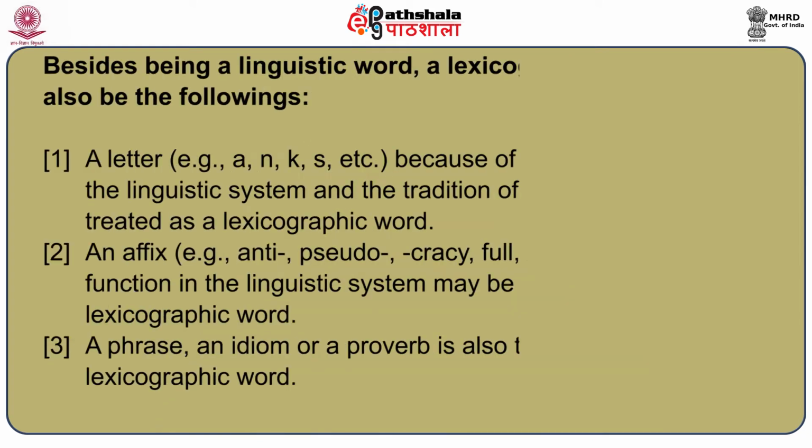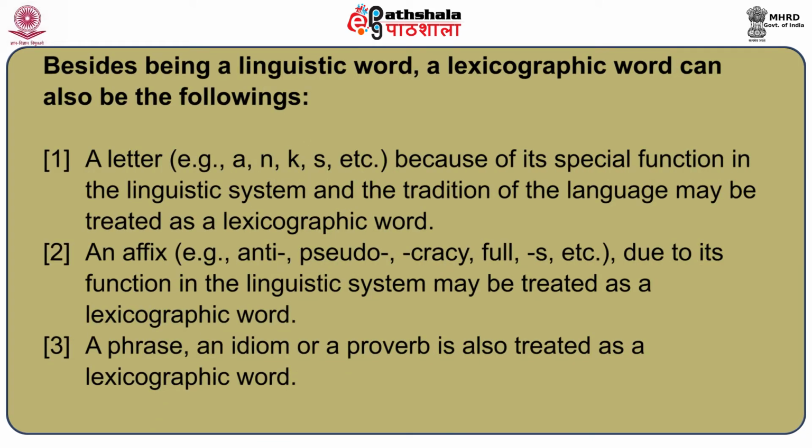A lexicographic word theoretically does not need to be minimum or free-form as a word is. Although a dictionary is called a list of specialized linguistic forms, all linguistic forms do not find their place here. In order to be included in a dictionary, a linguistic item has to have an independent linguistic entity, both formal and semantic. Besides being a linguistic word, a lexicographic word can also be the following: a letter, for example,